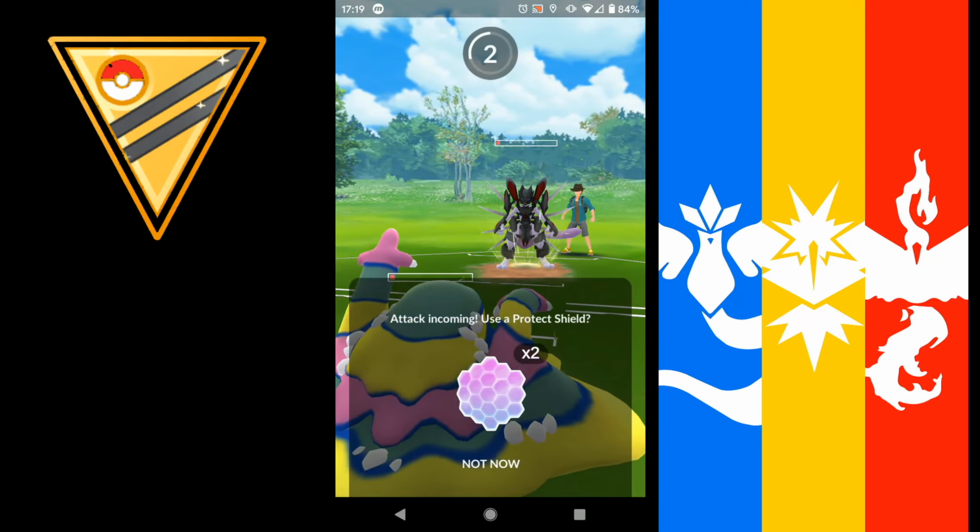So what I should have done, because they just did not want to swap in, which is fine. So I'm going to start shielding. So I'm going to store up some energy here. So I'll get another one of these. So I was thinking about swapping into my Togekiss, but I won't actually need to. So this is gonna...